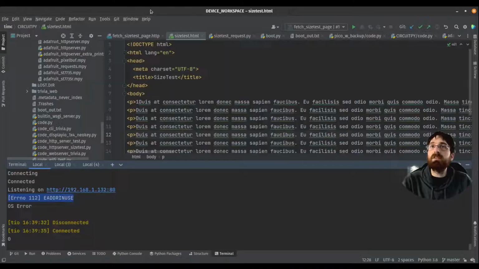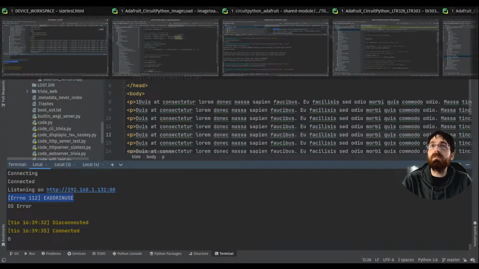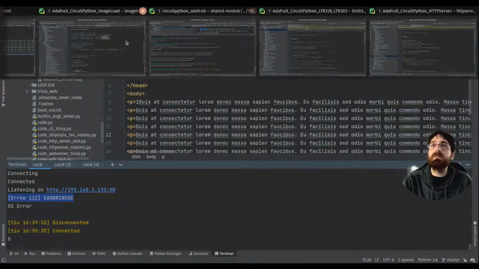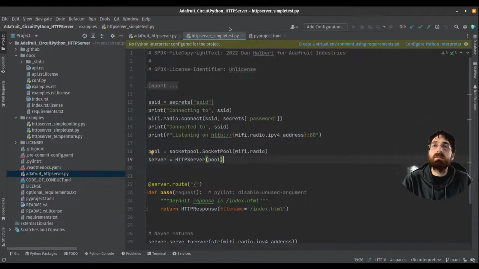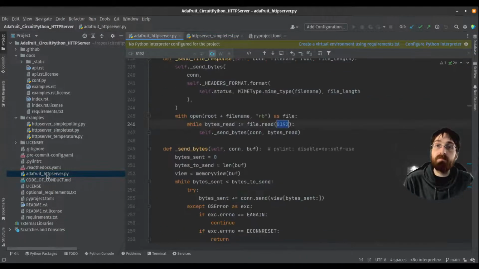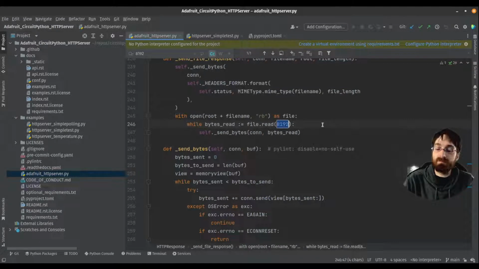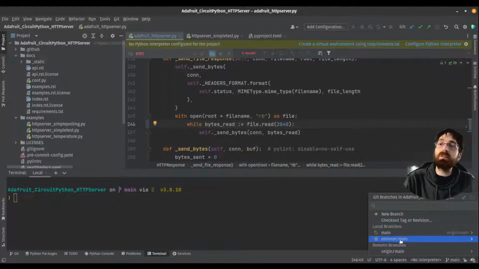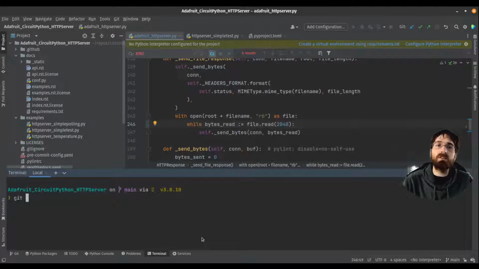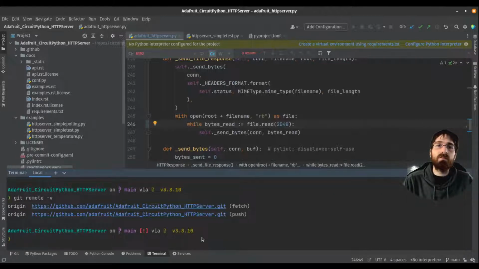So let's PR HTTP server. Oh, what? Oops.